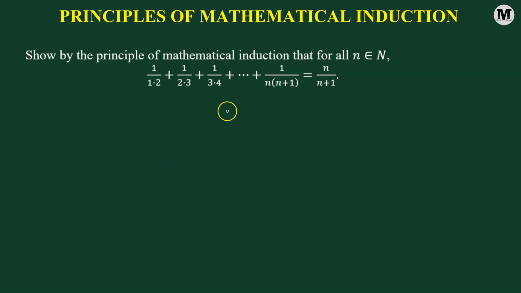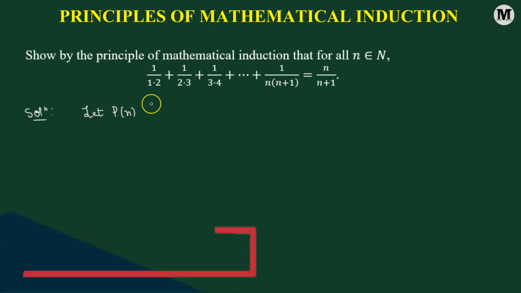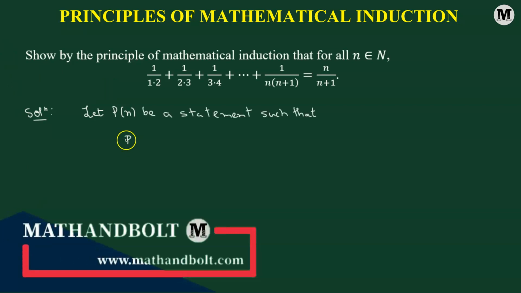Show by the principle of mathematical induction that for all n belonging to the set of natural numbers, the following is true. Let us begin. Before beginning, we're going to consider a statement. We're going to suppose that P(n) is a statement which is given by